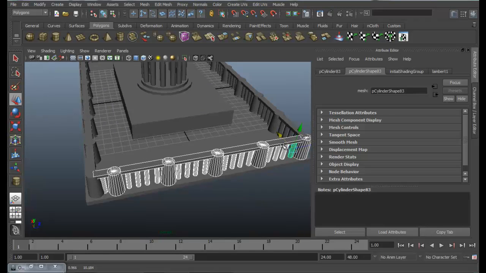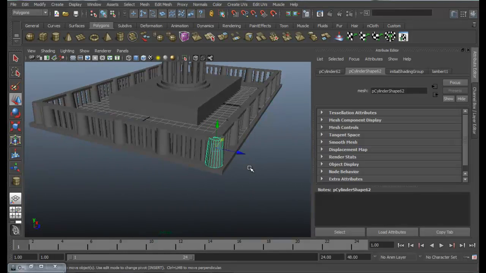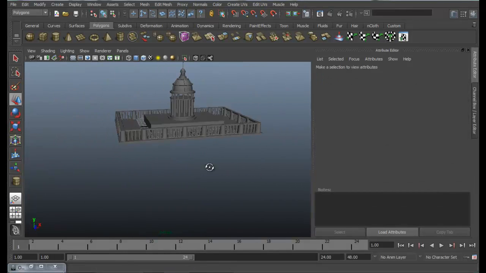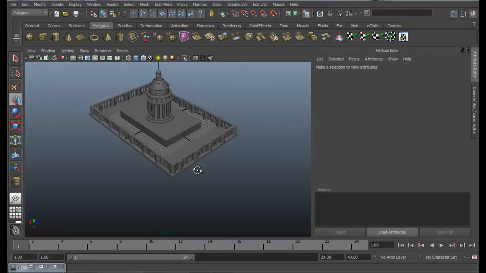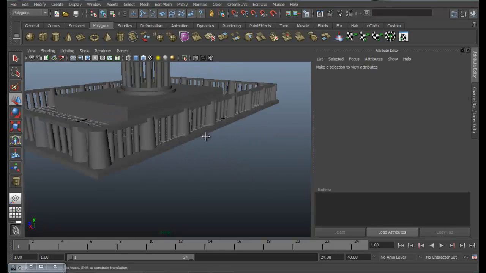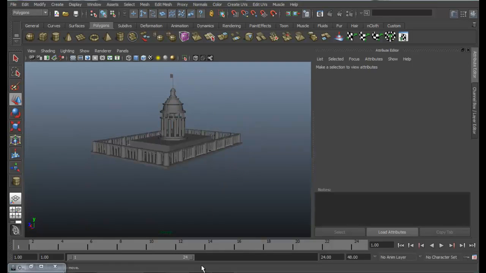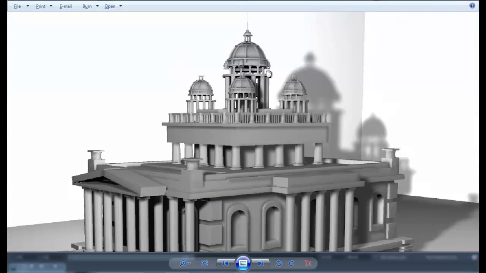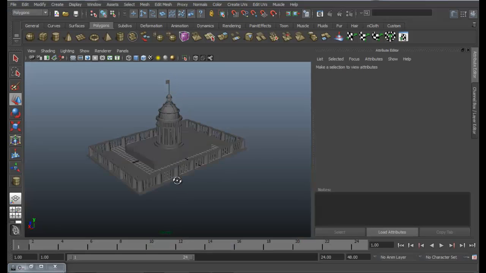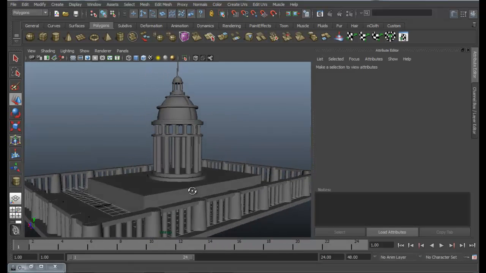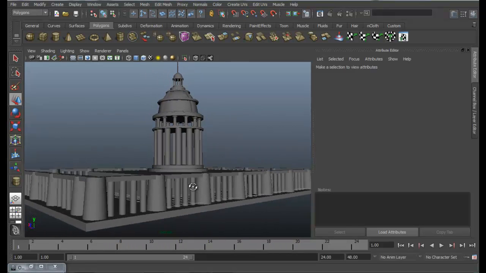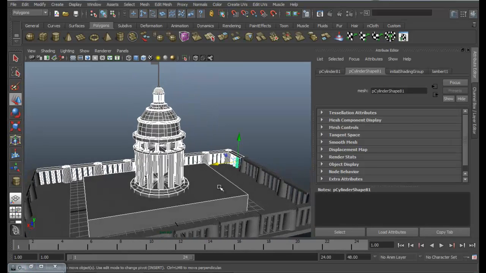Okay, it's alright. Just delete this one. Okay, that looks good. Now we'll just duplicate this top part and put it in the four corners. So what we'll do is select all this top part.